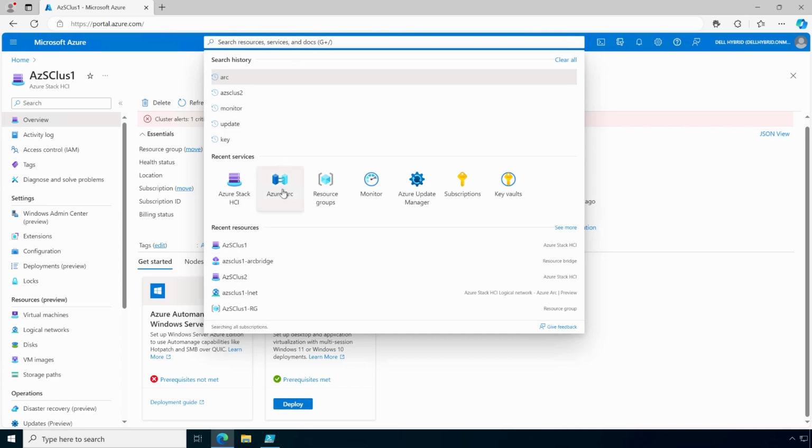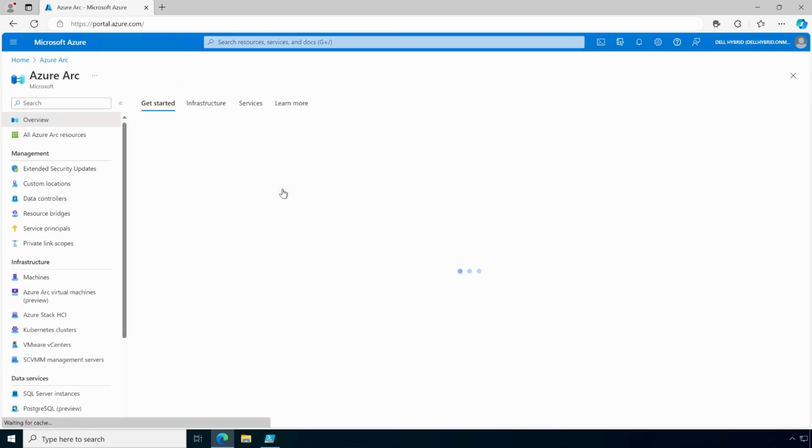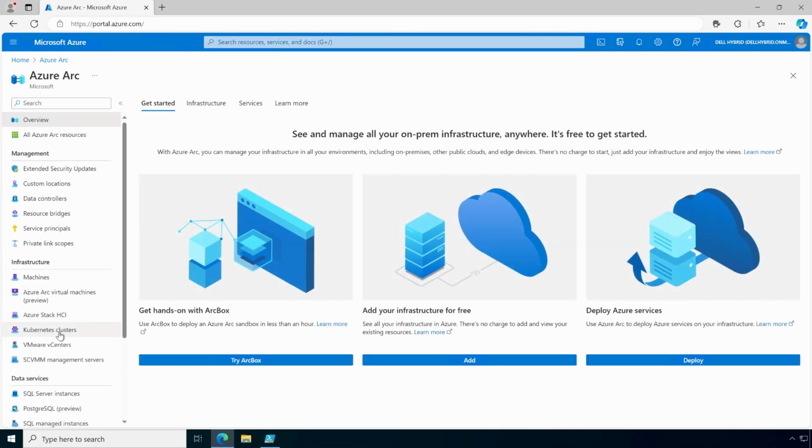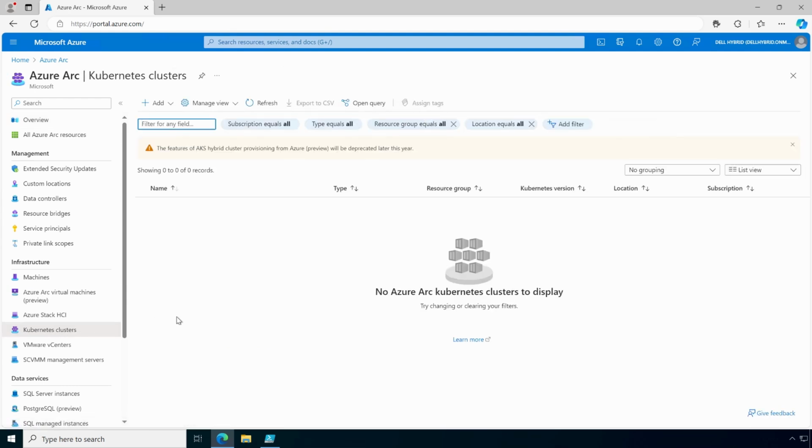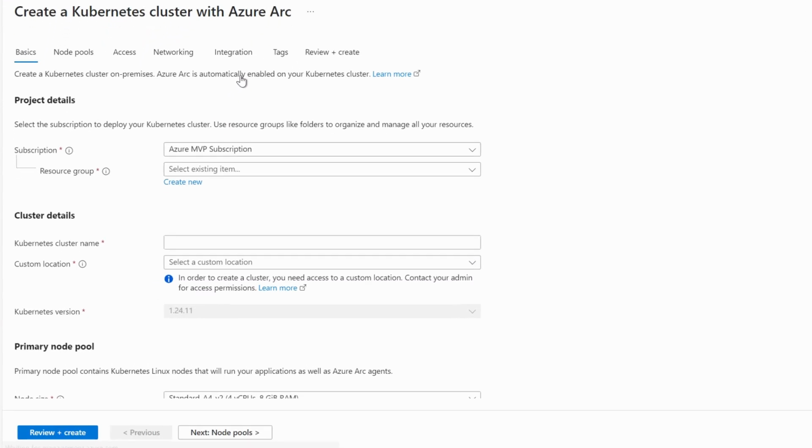Now let's look at another very popular and common workload, Kubernetes. And with Azure Stack HCI's deployment now handling the deployment of the Arc resource bridge, we've got everything we need to start deploying Kubernetes workload clusters from the word go. We don't need to add anything additional. We don't need to deploy anything extra. So you can see here in the portal, I can go straight to this wizard to create a new workload Kubernetes cluster,